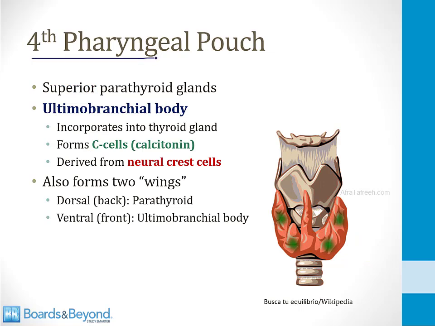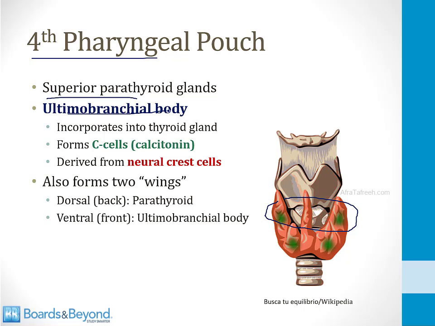The fourth pharyngeal pouch forms the other 2 parathyroid glands, the superior parathyroid glands. Those are the 2 glands I'm circling with my pen in this drawing on the screen here. In addition to the parathyroid glands, the other important structure that derives from the fourth pharyngeal pouch is called the ultimobronchial body. This structure gets its name because it is the last structure derived from the bronchial arches, hence the